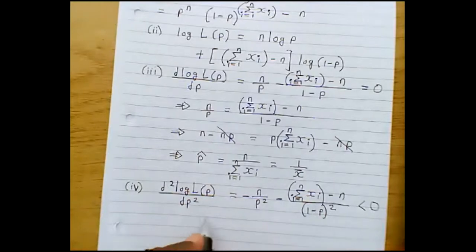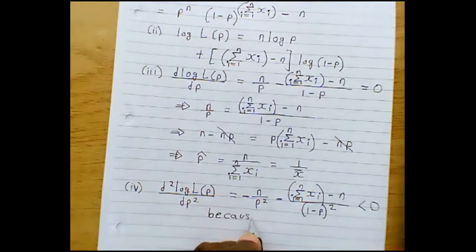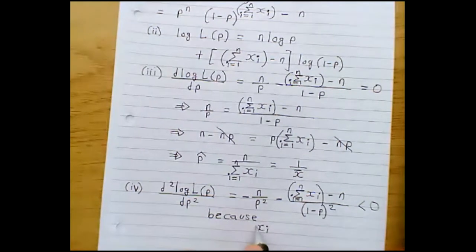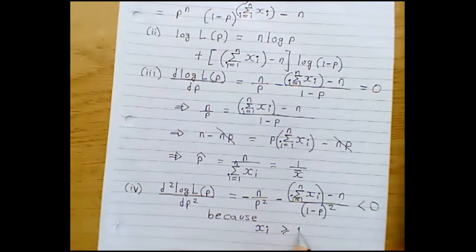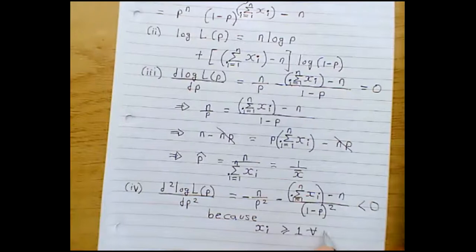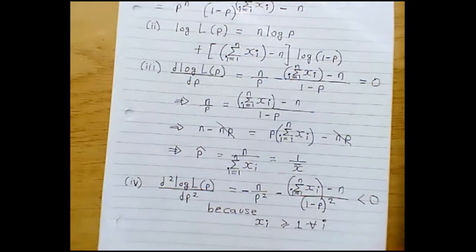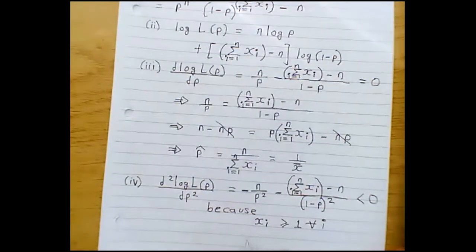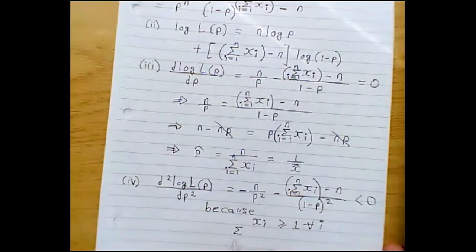Number two, the term in the denominator is non-negative because remember xi, being a geometric variable, has to be greater than or equal to 1 for every i, by definition of geometric distribution, which implies that the sum of xi